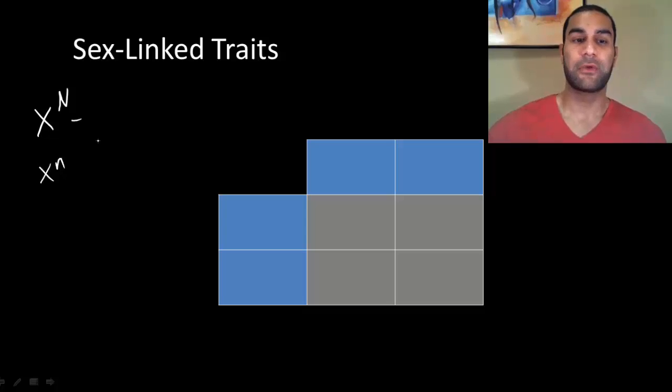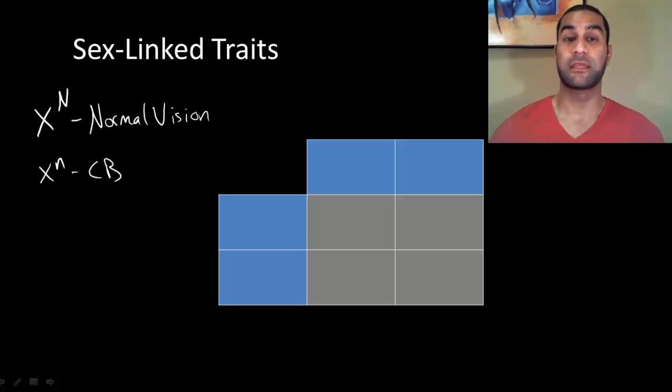X capital N represents normal vision, and X lowercase n represents being colorblind. I'll just write CB there. So that's the recessive allele, the colorblind trait. So you can have any combinations of these, and again, it will make a difference whether you're a male or